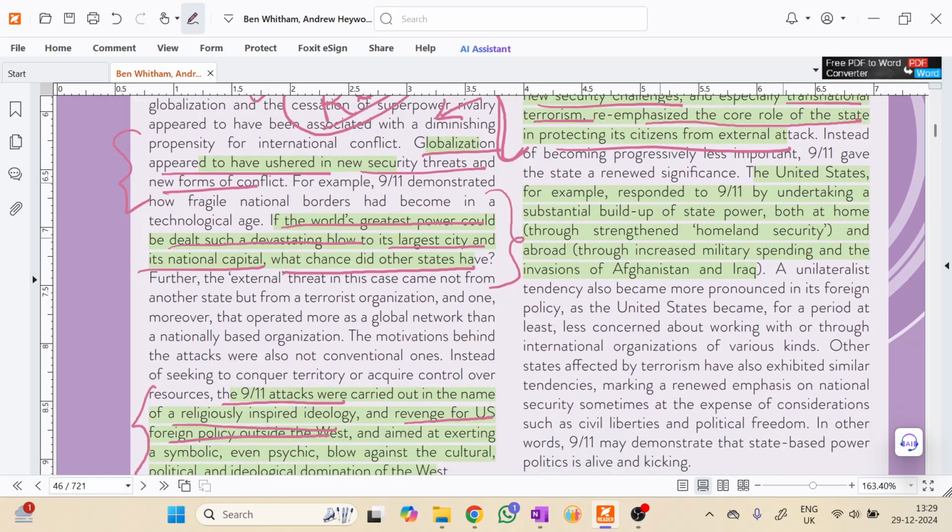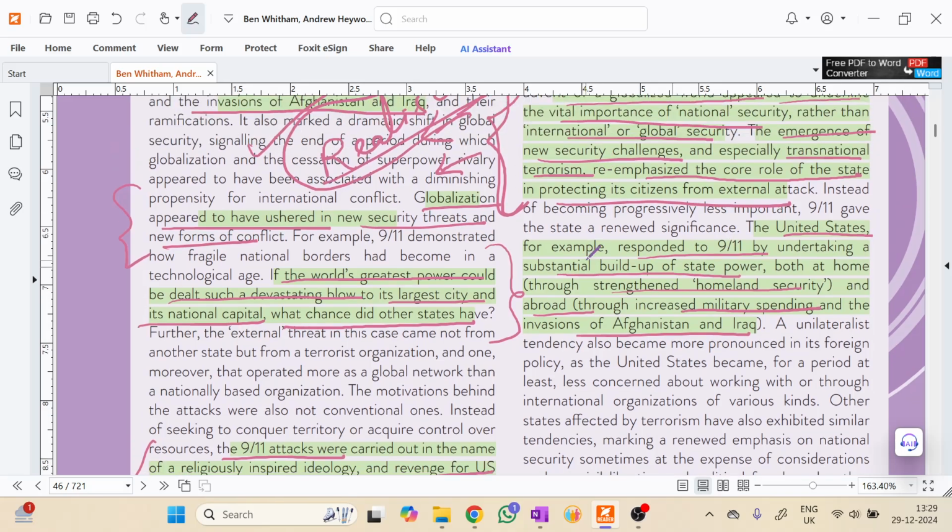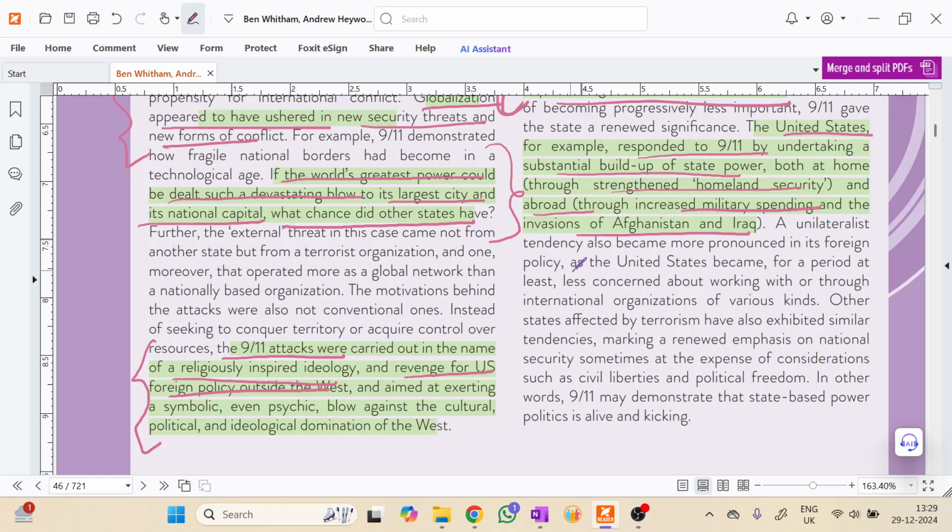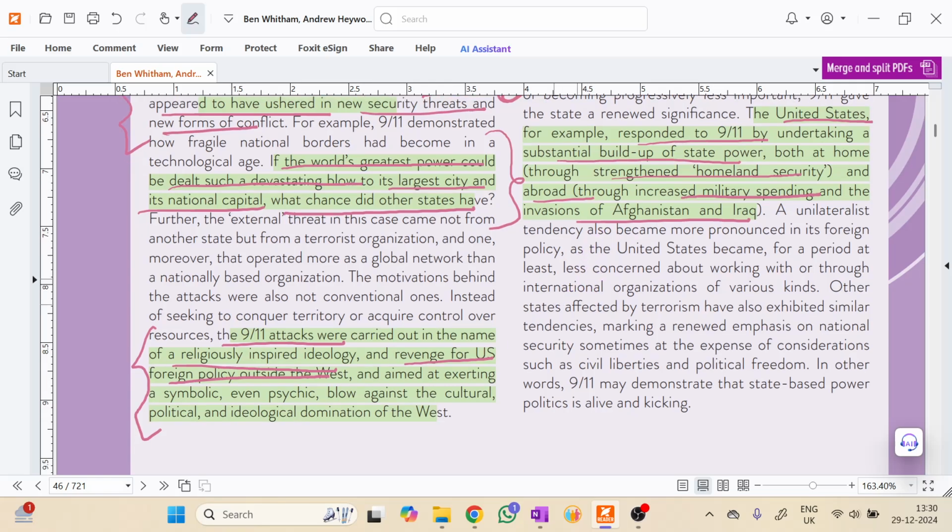Then the United States responded to 9/11 by undertaking a substantial buildup of state power, both at home through strengthened homeland security and abroad through increased military spending in Afghanistan and Iraq. So here the core lesson is that even though many political theories kept knocking down the earliest beliefs on conflict and power, the central role of the state,